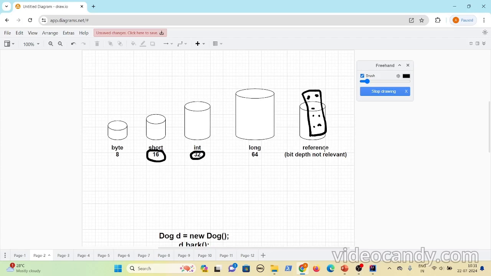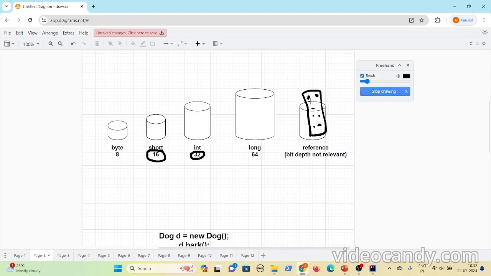But a reference variable is also a container, similar to a long primitive variable. But in the container, it will not have the object value. It will have some reference, using which you can invoke methods or variables on the object.